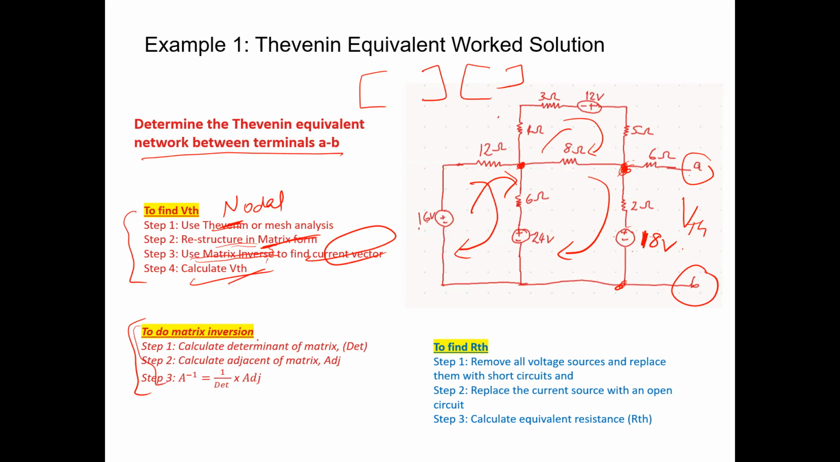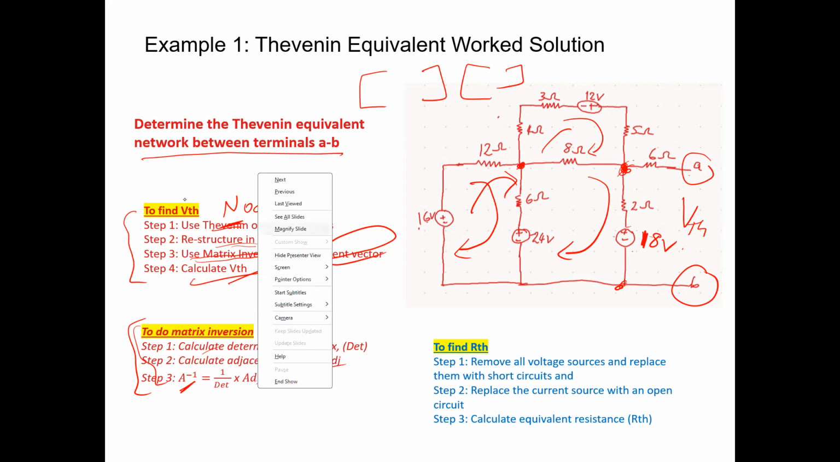We have to first calculate the determinant of the matrix, and then from that we can calculate the adjugate of the matrix or the cofactors. Then we can just calculate the inverse matrix, which equals 1 over the determinant of the matrix times the adjugate or the cofactors. So this is all to do with the